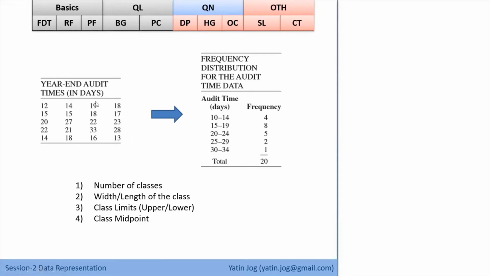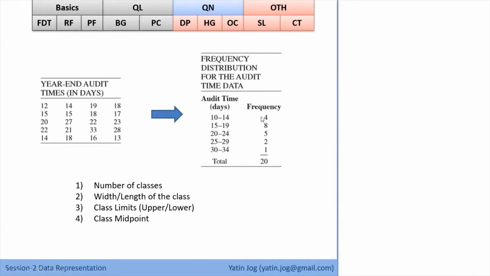Now all these are numerical values. Every value has some numerical significance because this is quantitative data. So again, we can convert this data into a frequency distribution table. But while converting to a frequency distribution table, we have to create groups, because if I try to count how many times 12 is present, that is immaterial. That has no meaning. We have to create a group, like suppose 10 to 14. Then I can count how many values between 10 to 14 are present. So 12 is between 10 to 14, 14 is part of 10 to 14, and so on. So I find 4 values between 10 to 14.